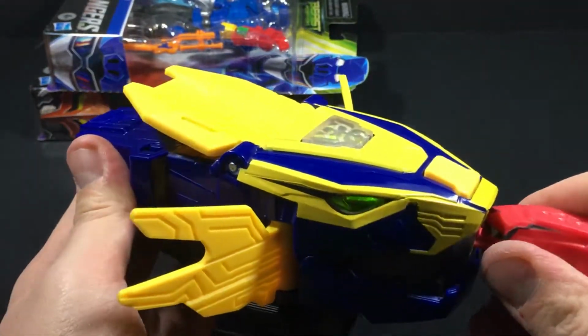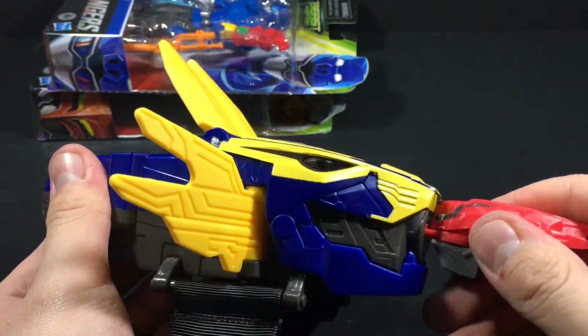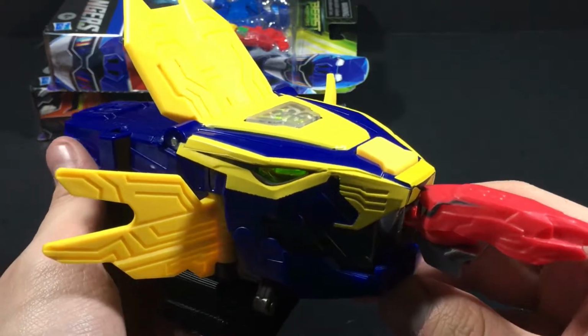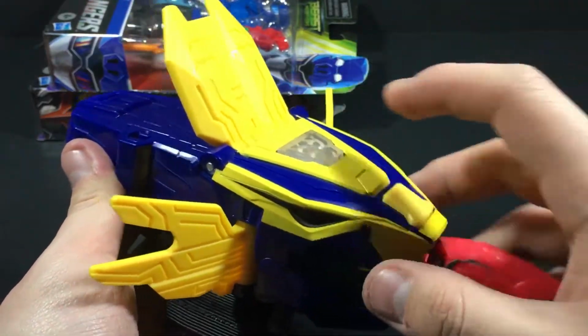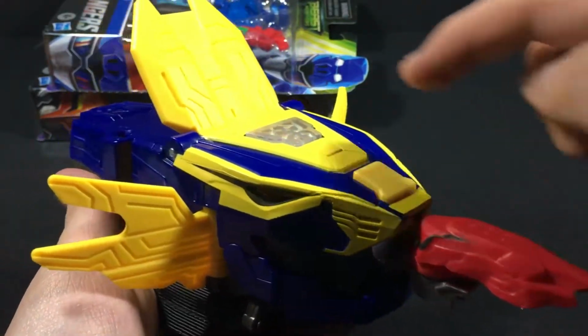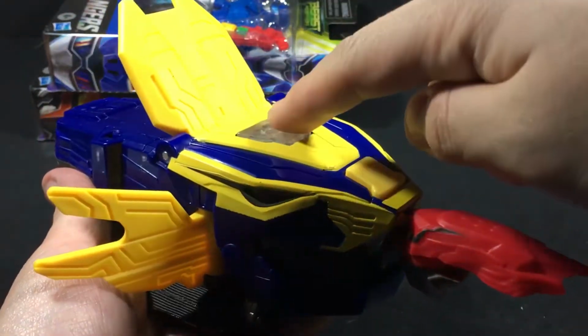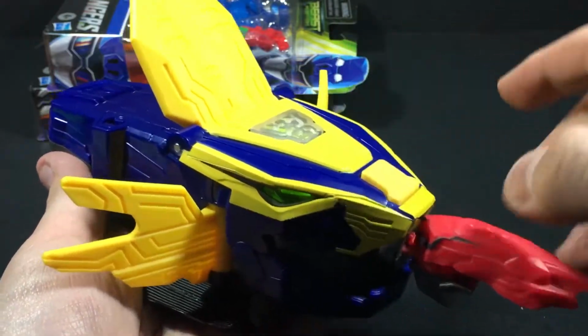It's morphin' time! Cheetah Beast Power! Red! Activate Beast X mode! Rangers, it's go time! Cheetah Beast Power! Red! It's morphin' time! Activate Beast X